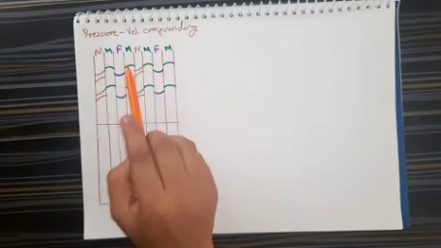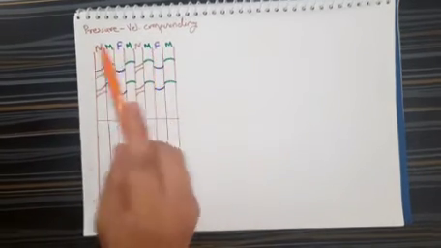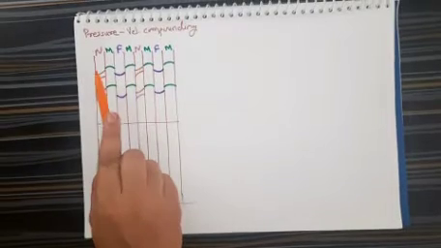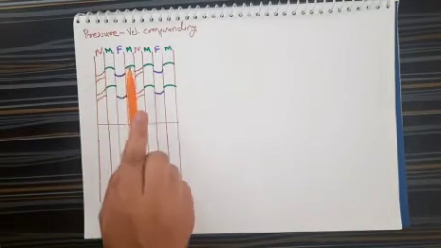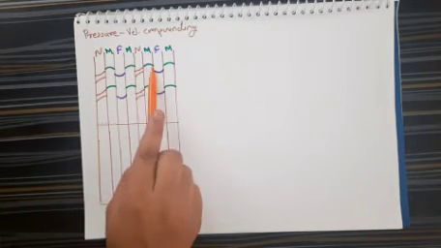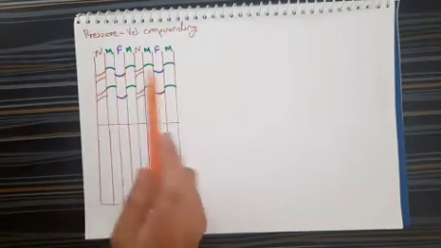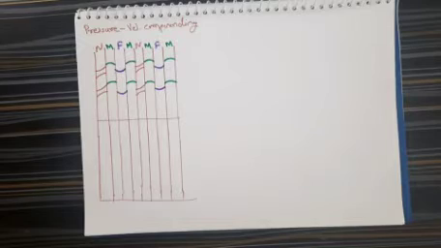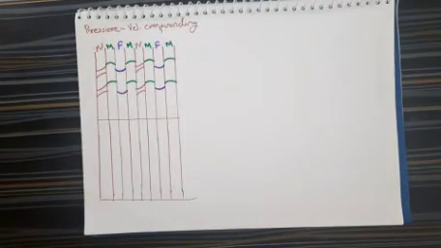And also you will see there is a pressure compounding, that means there are two nozzle rings, so pressure will be dropped in two stages. Velocity is also dropped in multiple stages, and pressure is also dropped in multiple stages. That's why it is the combination of a pressure velocity compounding.